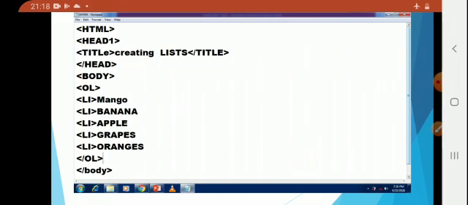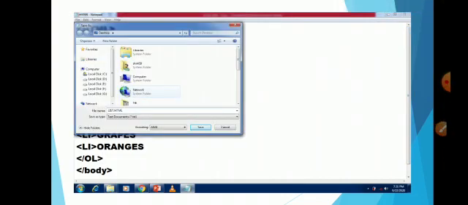Then OL tag will close, body tag will close, head tag will close, title tag is already closed, head and HTML only. Okay, after body it is not written here and we can't see, but you have to end the head tag and HTML tag also, as per all the practicals we are doing. The same way you have to close the tags also.